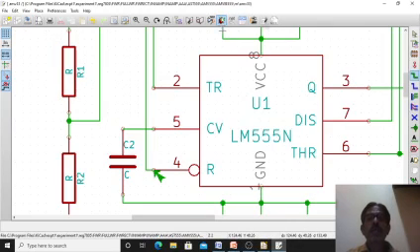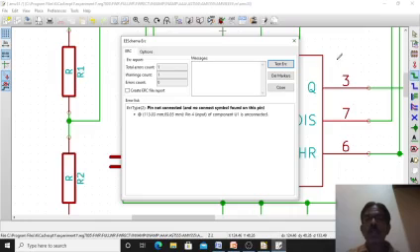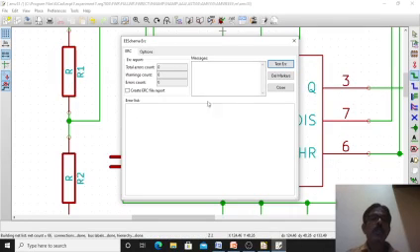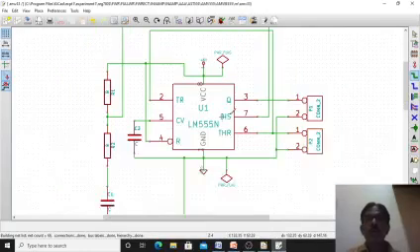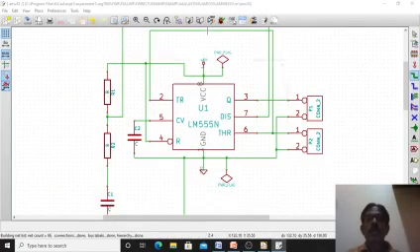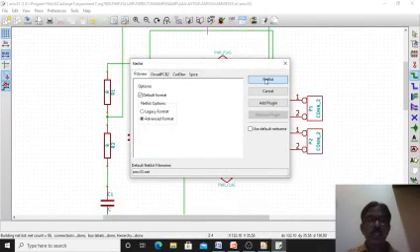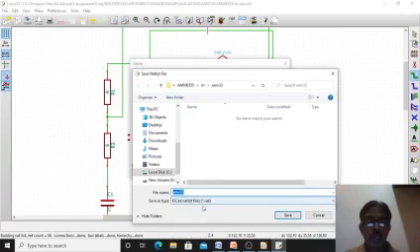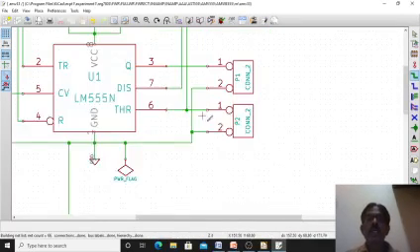Okay, again go for electrical rule check. Now let us see, test ERC. Okay, so that error has been removed, right? Then you go for the next step, that is netlist. It will give some name, the same name AMV33. Save it. It will be saved as .NET automatically internally.